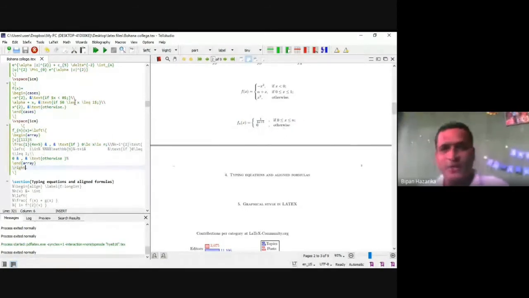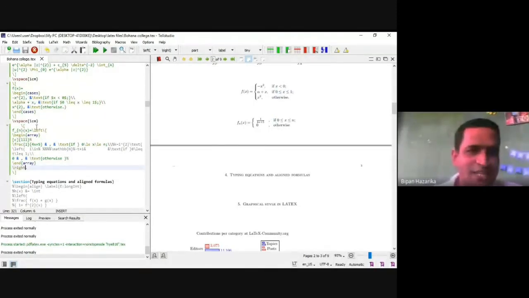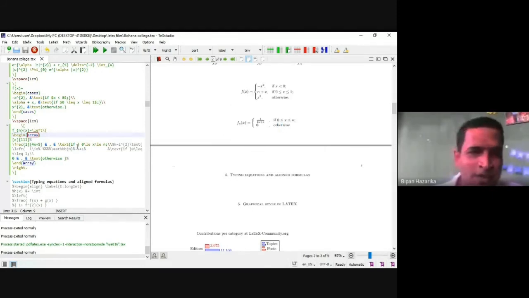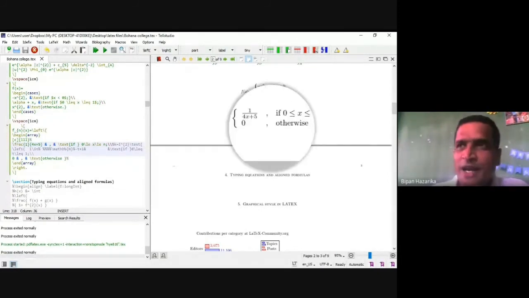So there are two ways we can write this type of mathematical expression. One is the cases function, the other is the array function. Within the bracket we use \begin{array} and \end{array}. So \frac{1}{4x+5}, that is 1 by 4x plus 5, if 0 is less than or equal to x. We can write less than or equal in two ways: \le or \leq, both represent less than or equal, because these notations are already mentioned in the American Mathematical Society math symbols.